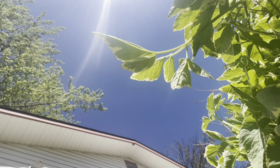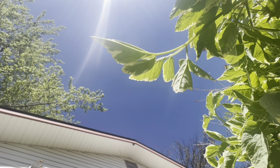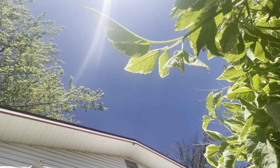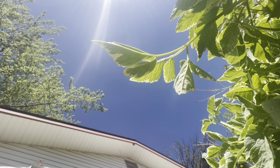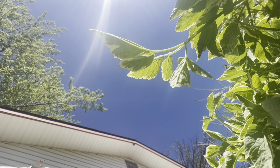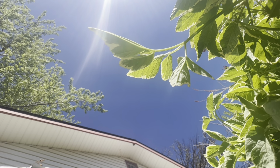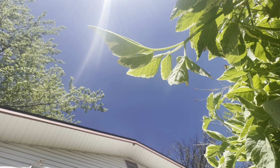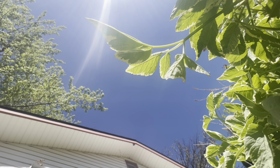Basically, I'm going through and weeding all of the garden. It's getting easier to keep things nice and weeded. And the reason is, look at how beautiful the day is. By the way, my camera fell over, but it was actually a blessing because then you got to see this shot of how beautiful the day was. It was a 70-degree day. But what I was saying was that I decided I was going to try to do as much ground cover as possible